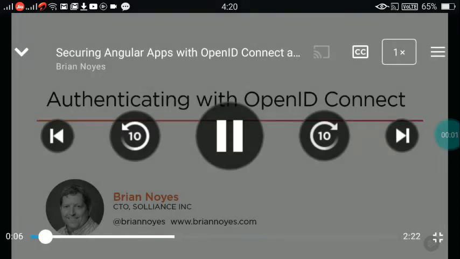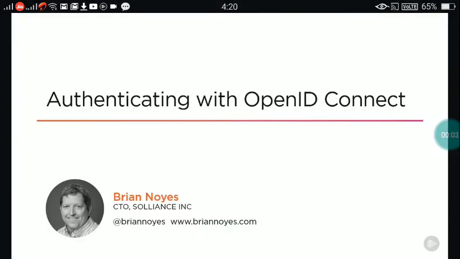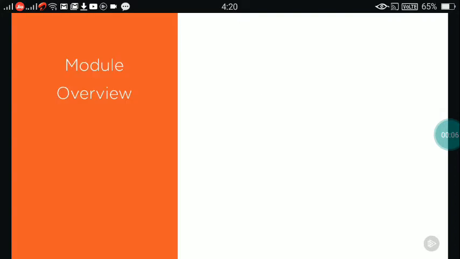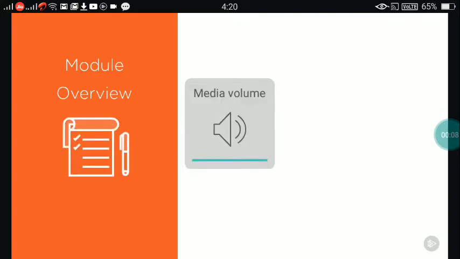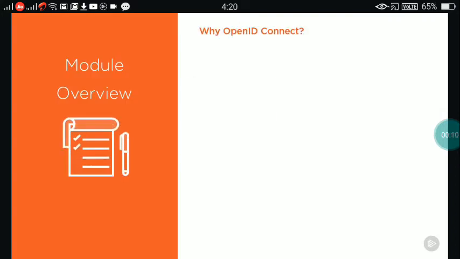Steps and how to implement authentication in your client application based on the OpenID Connect protocol. So first up, I will review some of the reasons for adopting OpenID Connect for your authentication protocol. I'll talk briefly about JSON Web Tokens, or JWTs, so that you understand their role in the security protocols and